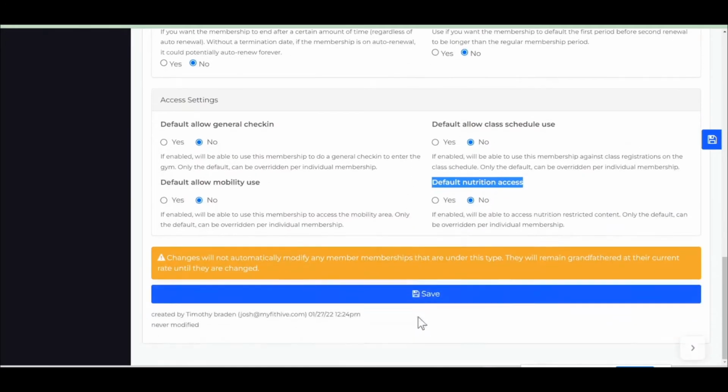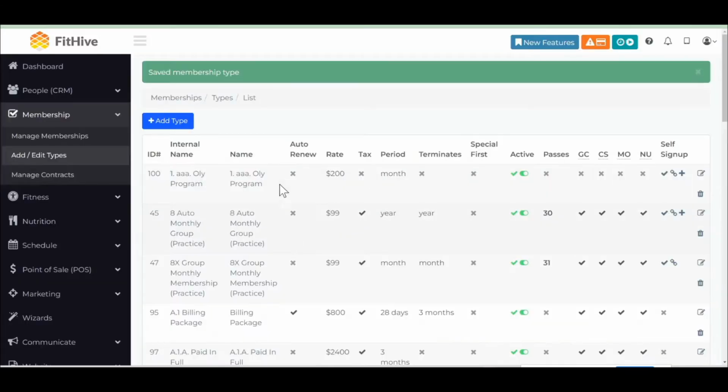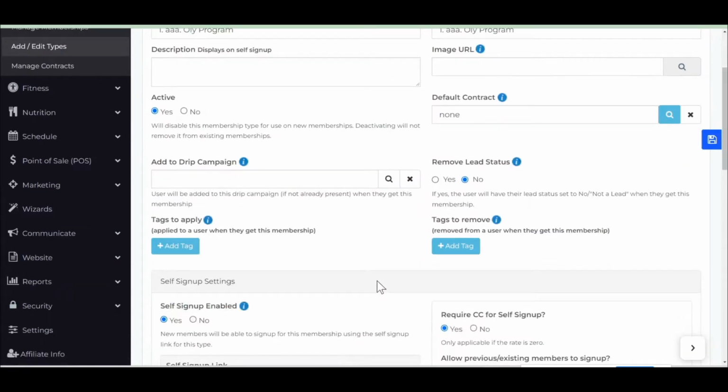So once you have that, we'll just hit save. Now you've got your program or your membership for your point of sale online. So what this would look like